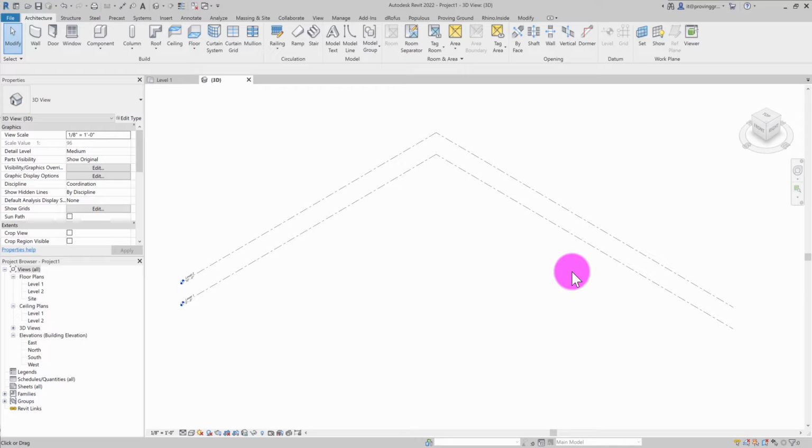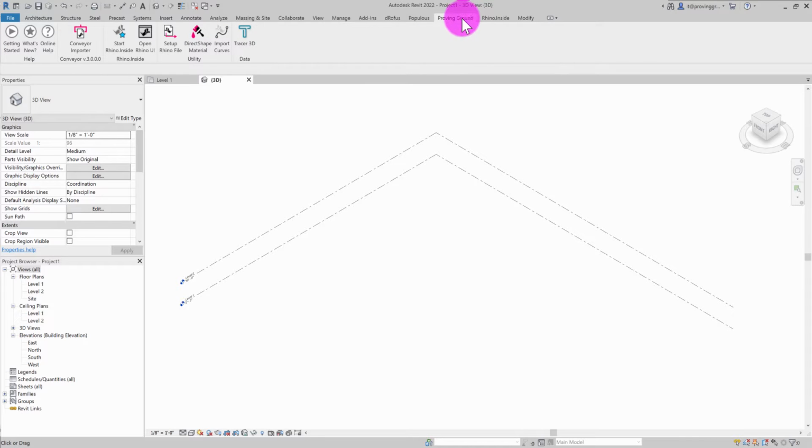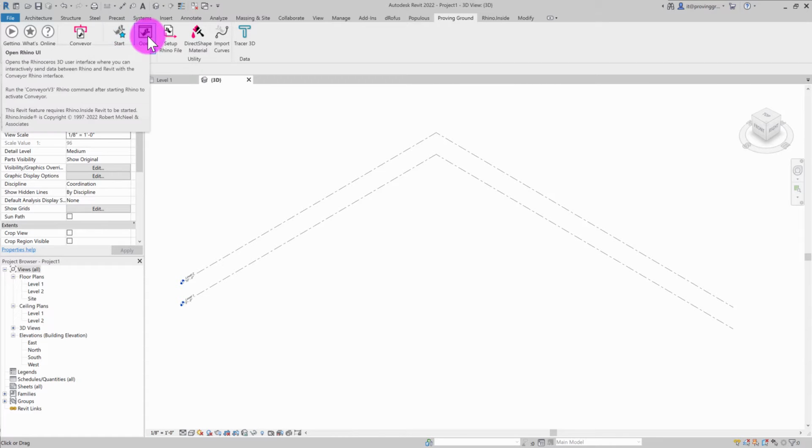In this tutorial, I'm going to describe the process of importing Rhino objects into Revit as DirectShapes, including material assignments. So the first thing I'm going to do is go to the Proving Ground tab. And for the purposes of this tutorial, I'm going to use Conveyor's Rhino.Inside integration to pass objects from Rhino into Revit directly. I have already started Rhino.Inside within Revit, so at this point all I need to do is open